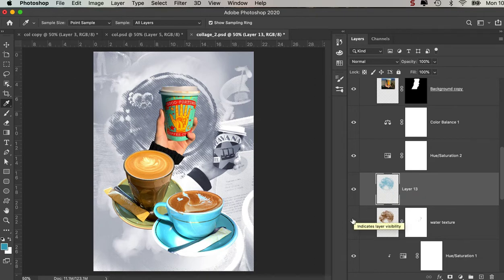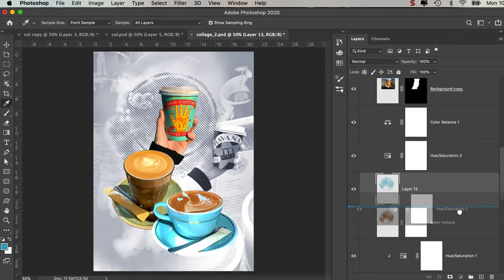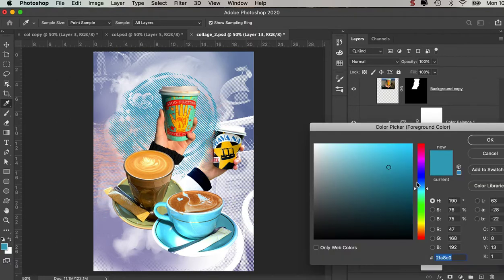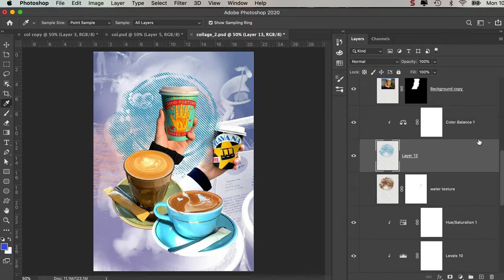Now with this, I'm going to switch off the brown so I can see it. The hue and saturation I don't need anymore, so I'll get rid of that. I can clip the lightness to it. The colour's still a wee bit off, so I'm just going to click and pick a darker blue, go OK,